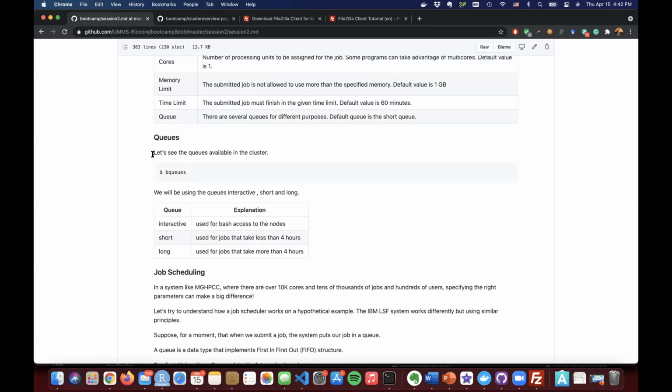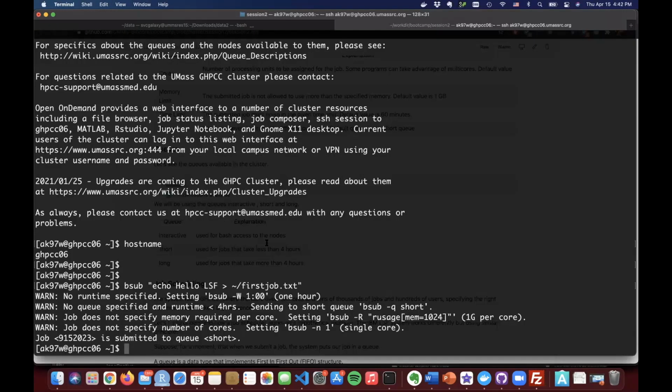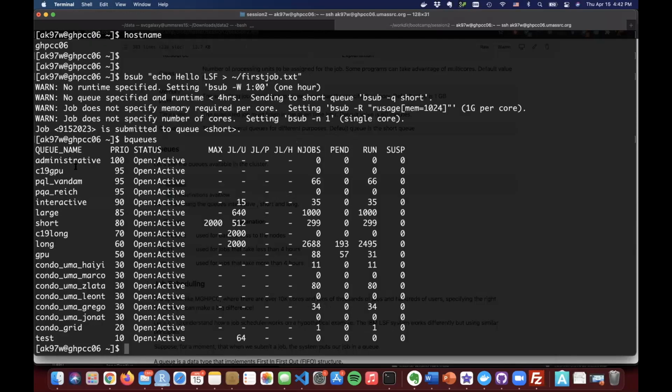And there's another command we use to understand all these queues. First I'm going to talk about the queues. It's called BQs. So if you just write BQs in the cluster and run, you're going to see lots of